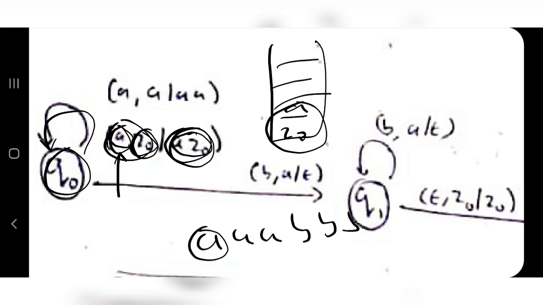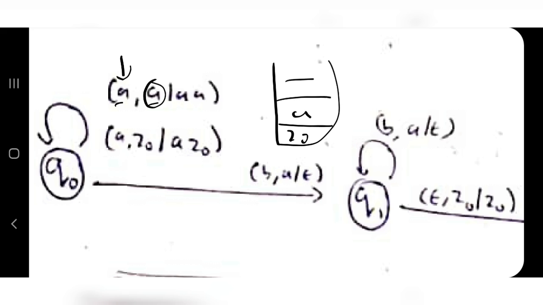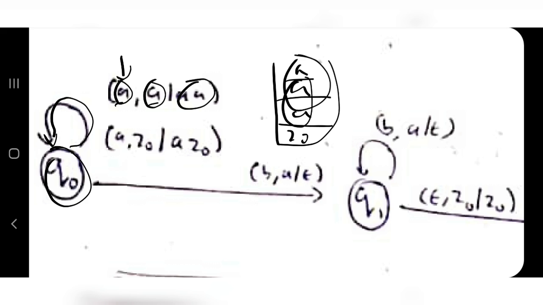You will understand why I am staying in the first state after some time. For now, let's understand what these terms mean, and after that you will slowly get to know why I am staying in the same state. The next is a. This is the input, this is the top of the stack. Suppose that this is the stack here: z0 is here and I have a here, and if I get another input as a, the top two elements are a a. I will be staying in the same state. Firstly I have to accept n number of a's. So whenever I get an a, I will be pushing that into the stack and staying in the same state. Now you understood why I am staying in the same state for a.